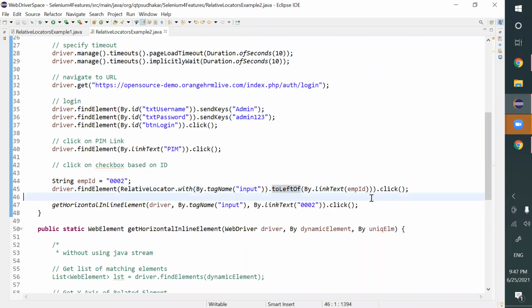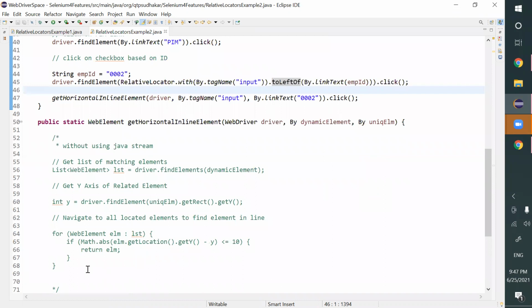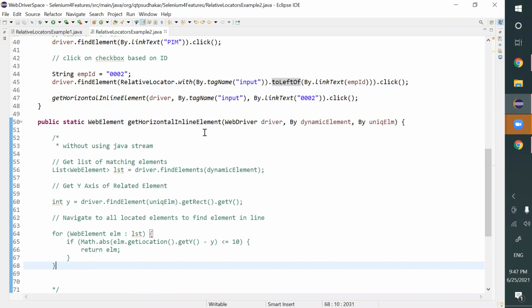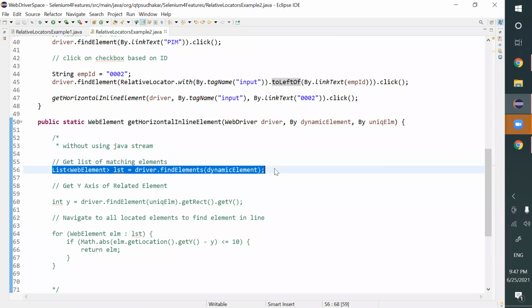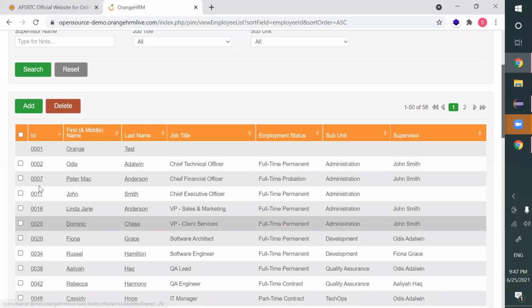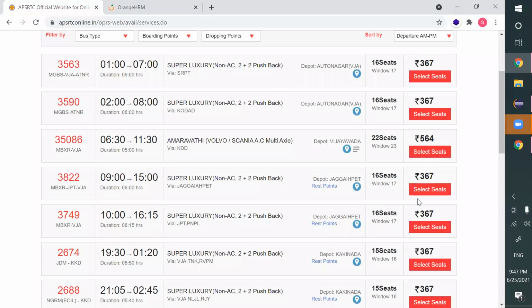And you can even customize what is happening inside of Selenium. But this is completely a different concept. So how are you going to do that customization? It's simple. So here I've written some code without using the Java Stream concept. With Java Stream, we can easily filter, but without it, I've written this. How we are going to do it is, we'll find the list of elements, let's say list of checkboxes or list of select seats,